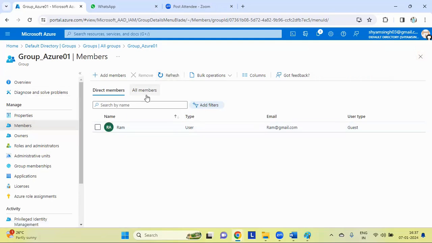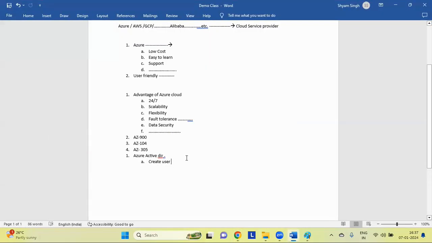Now what is the use of group? See, in any project we have different types of teams, right? A project consists of a development team. Correct, guys? Development team.